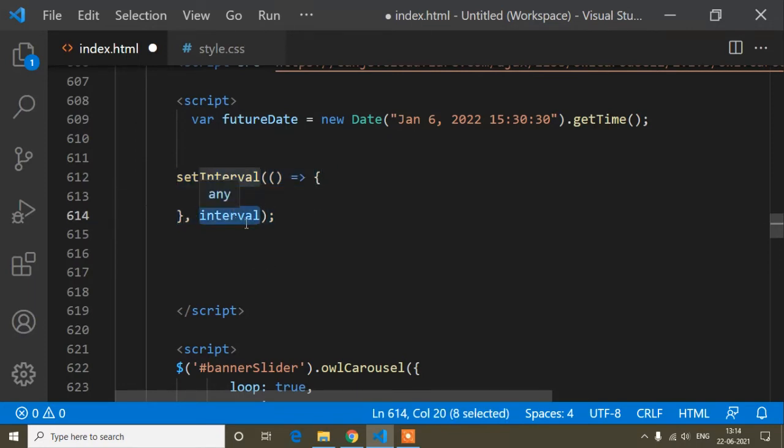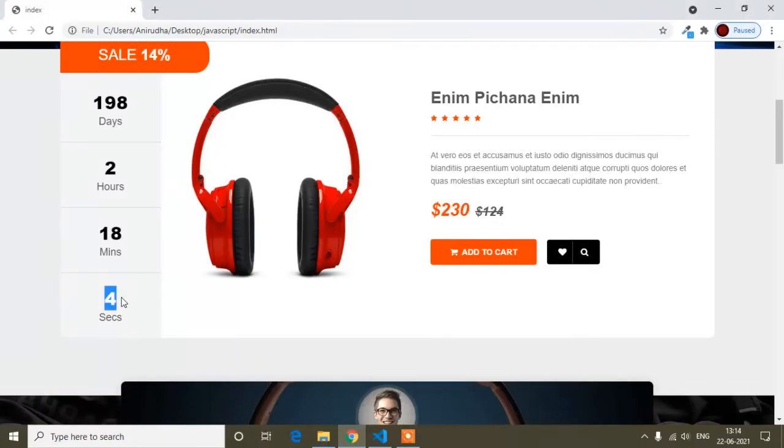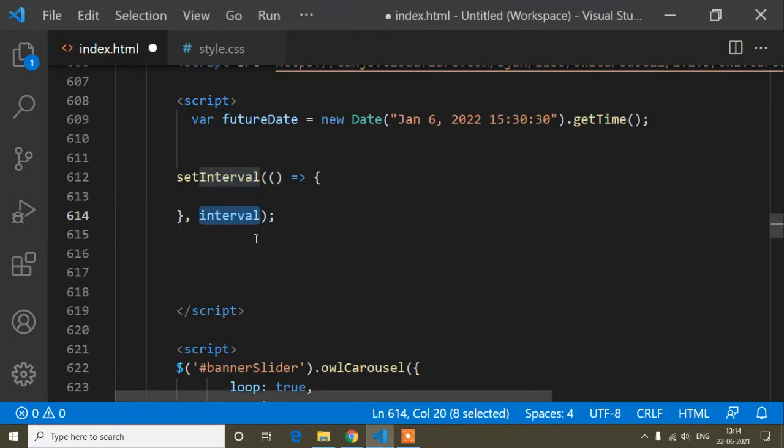I mean, after how much time you want to refresh your page. Here I want to refresh my page every second because I'm counting seconds. When the second is complete, the minute will be reduced. So 1 second means 1000 milliseconds.